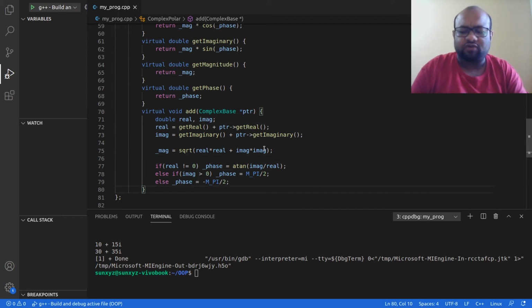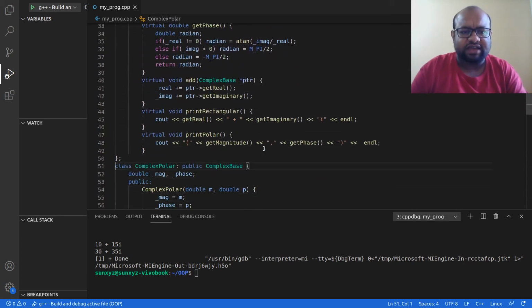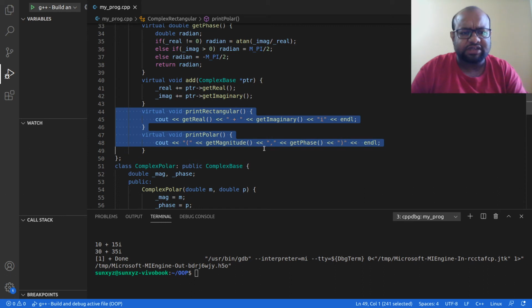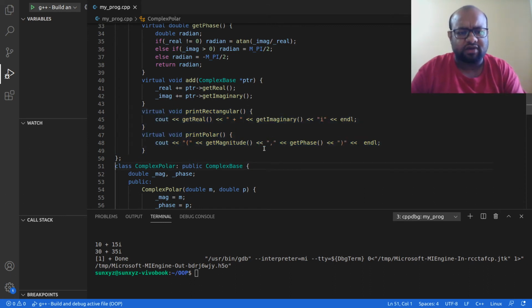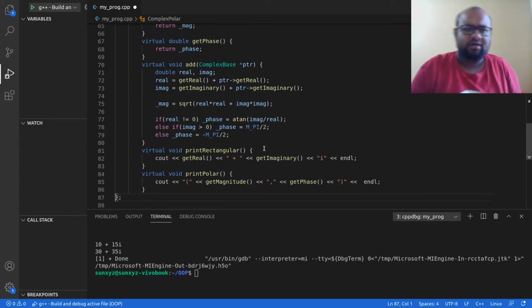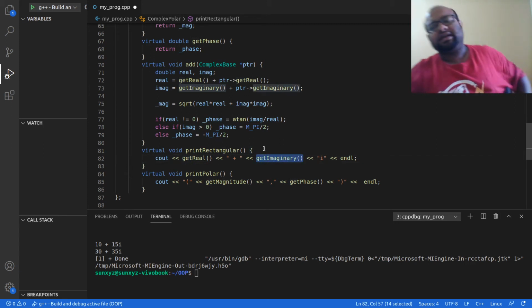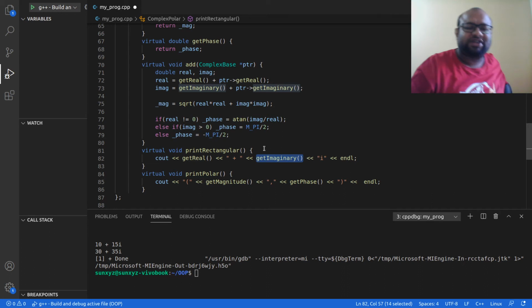Now I have two more functions that I have to implement: print rectangular and print polar. So here is the thing. I will simply copy these two from rectangular and paste them here. And why does this copying work? Because I do not use any attribute directly. Previously, if I would have used the real and imaginary attributes directly, then I would need to rewrite this function in this class.